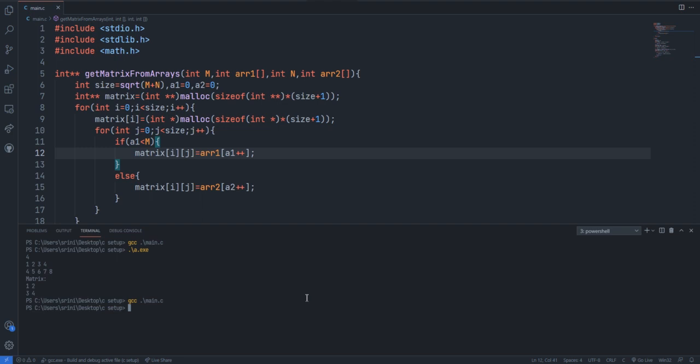If I specify a size of 5 and 4, we may get all the values 1 2 3 4 5 and then 6 7 8 9. Yeah, we got it. Here is the matrix. We have successfully transferred this one-dimensional array into a two-dimensional array.